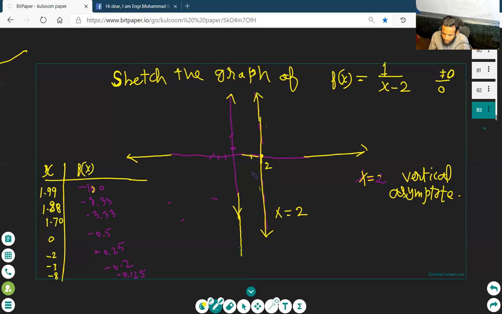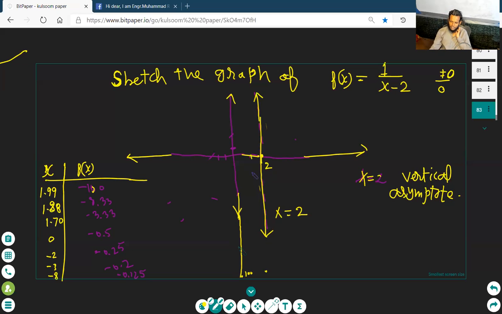You should draw the behavior of the graph. Draw the behavior by seeing this. There is no need of an exact graph, you just draw the behavior. On 1.99 will be a closer point, and we consider this is 100. Here are any points. What will be the shape of the graph? Can you draw the shape of the graph?